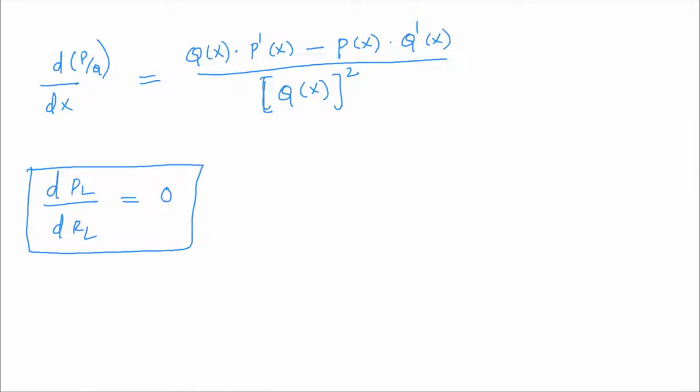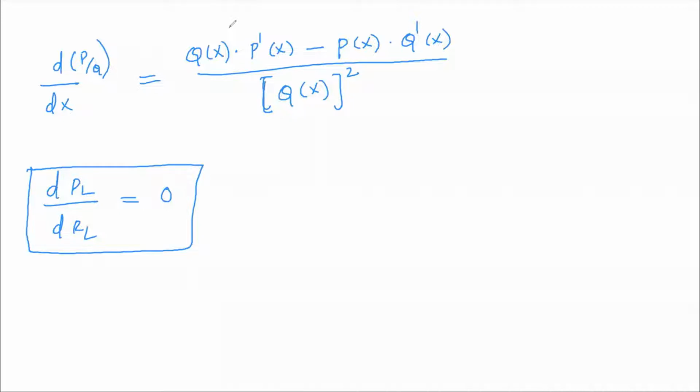The condition for maximum power that has to transfer to RL is RL must be equal to R Thevenin. So are you getting that? If you are getting that, then you are right. Okay, so I'm not going more time.